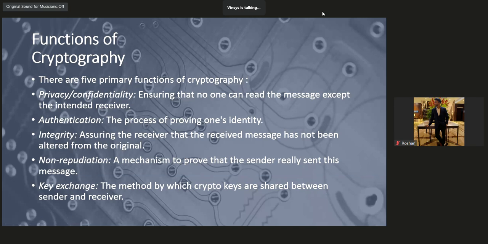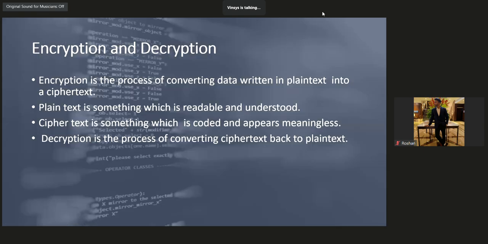In symmetric key cryptography, which we are going to see later on and which is also known as secret key cryptography, the sender needs to share the key with the receiver in a secure way. The same key is used by the sender and the receiver, so there comes the problem of sharing the key: how securely is the sender going to share the key with the receiver? Again, that can be achieved using cryptography. All these things we are going to see.